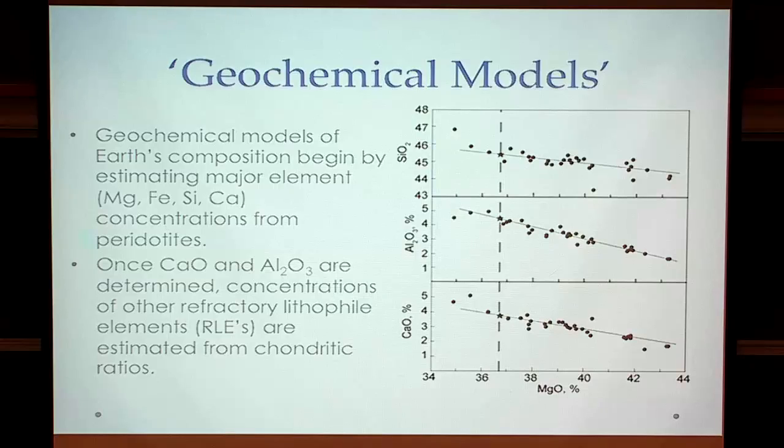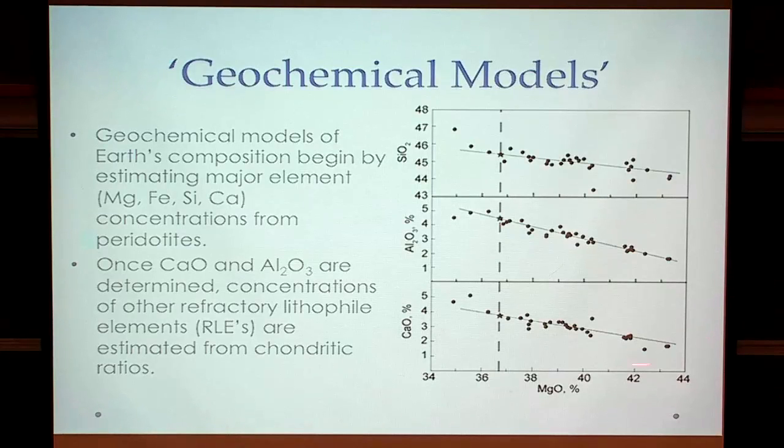Okay, so what we call the geochemical class of models of the composition of the Earth begin by estimating the concentration of the major elements, the most abundant elements, from concentrations in peridotites. So this is a diagram from Palme and O'Neill in 2003, in which they had already argued that the mantle had about 36.7 some odd percent of MgO,